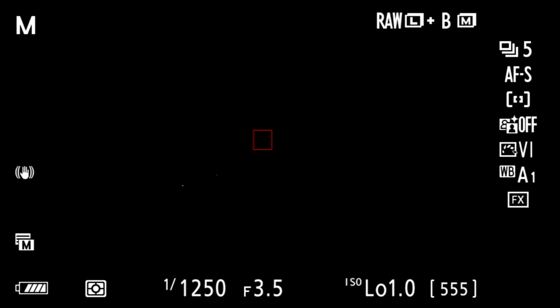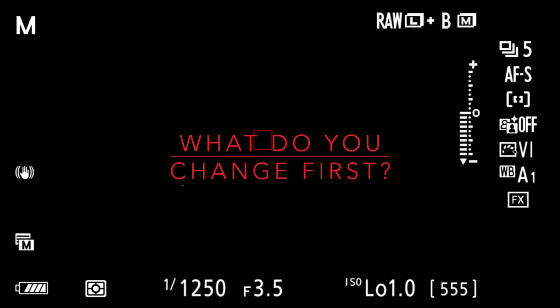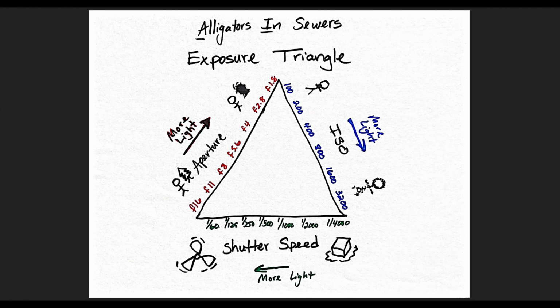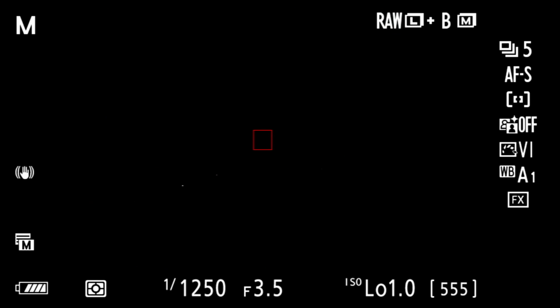Alright, we're out here shooting at night. We have some buildings in front of us, and so these are our settings for now. And so the very first thing that I'm going to start doing here is I'm going to bring down my shutter speed, and I'm going to bring it down to something that is comfortable for me. And so usually when I shoot handheld, I like to shoot above 1/250th of a second, but